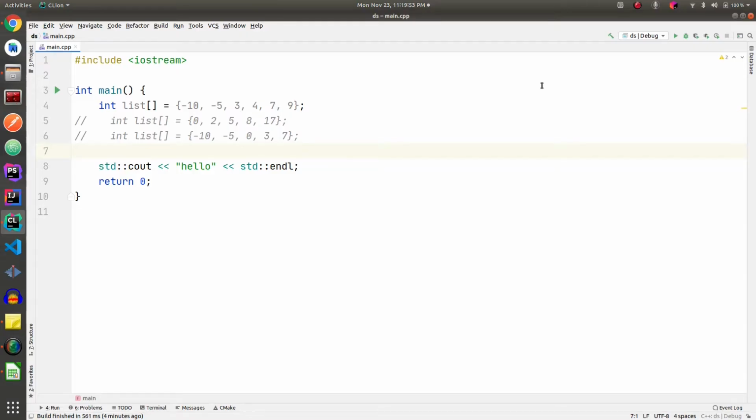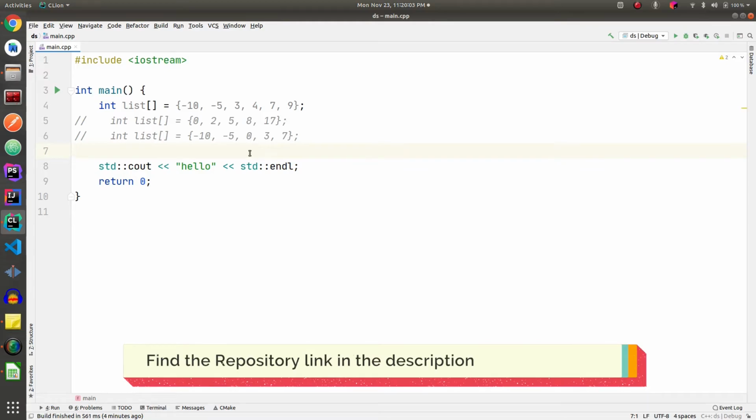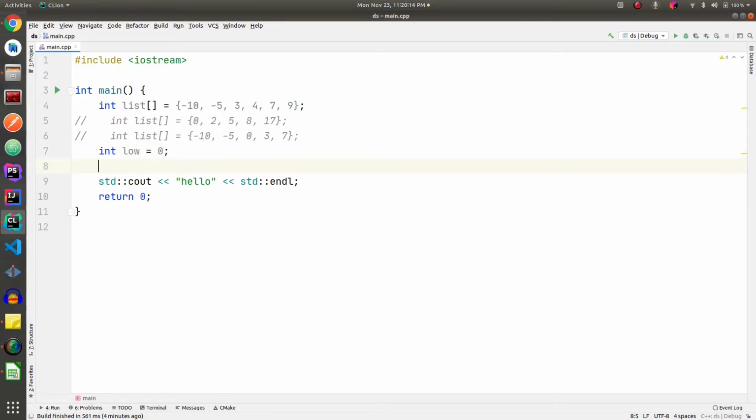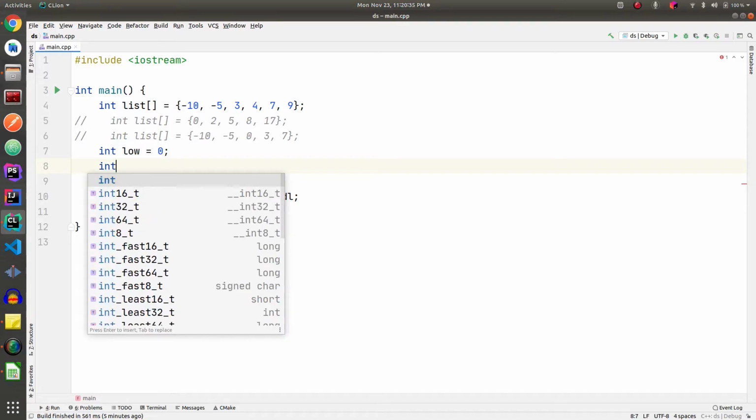So here we have a variable list which is a sorted array, and I'm going to write the typical logic of a binary search. So I'll write low equals to 0. I'll make use of another variable high, which will be the last index, so array size minus 1. Let's find out the array size,